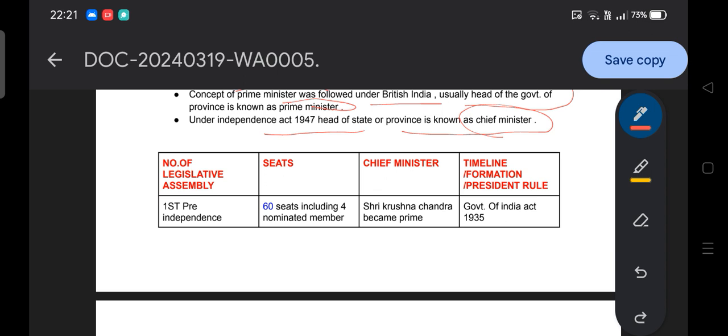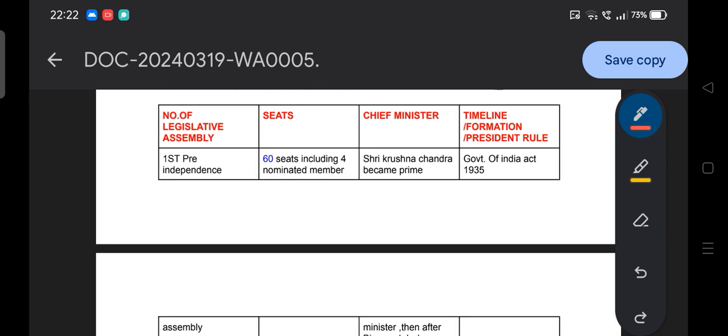Under this row of the table, you will discuss the number of the legislative assembly, the seats, the chief ministers of the respective legislative assemblies, the timeline and formation, and the times when President's rule was imposed during the chief minister and legislative assembly. This table is prepared in such a way that it covers previous year questions and is also based on the current initiative. So let's start. You can see here the first